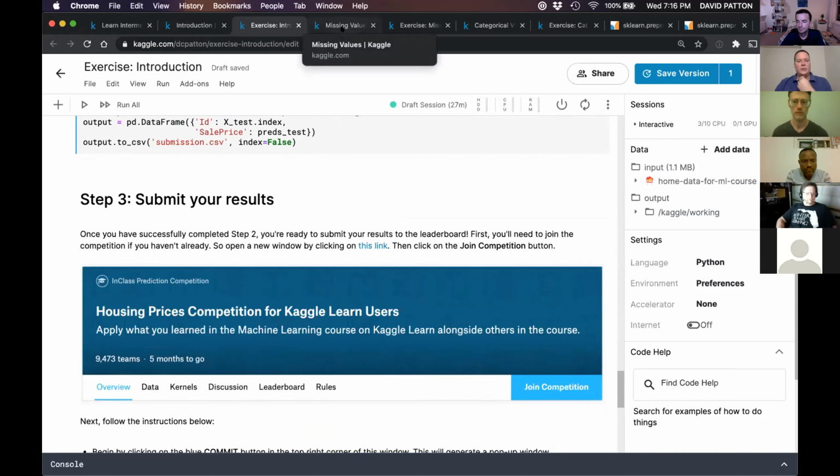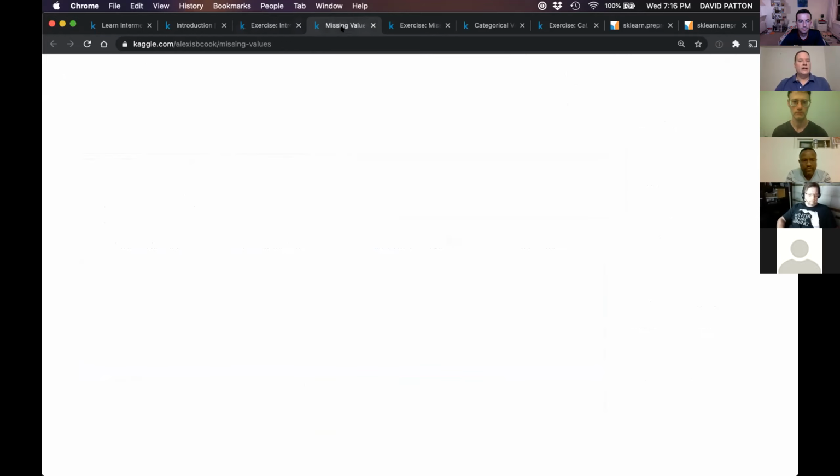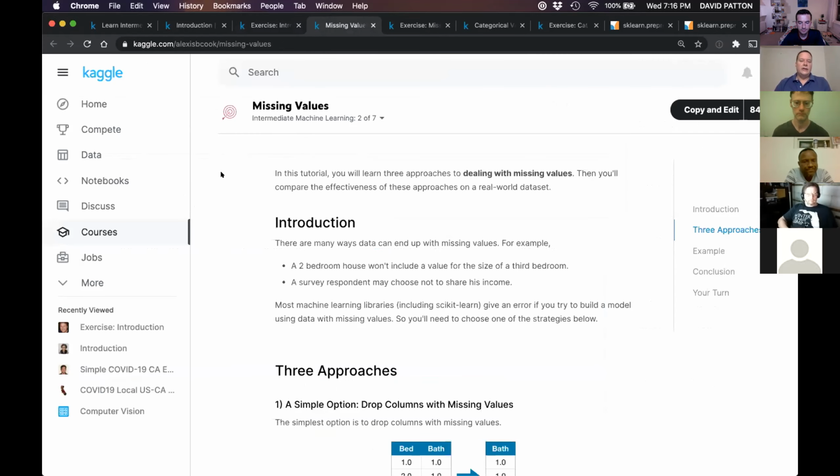Then the next thing we're going to talk about, the next chapter, is what do we do if we have missing values in our data set? A lot of times, not every row and every column will be filled in. We may be missing data, and that may make sense. We saw earlier in our data set we had first story square feet and second story square feet.